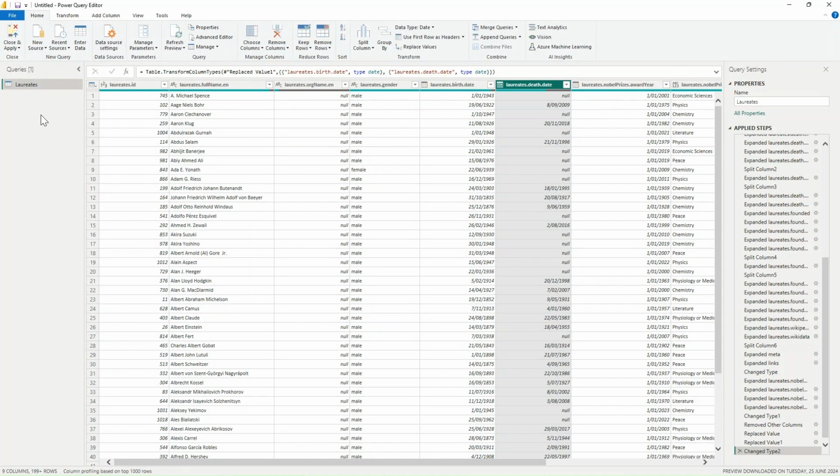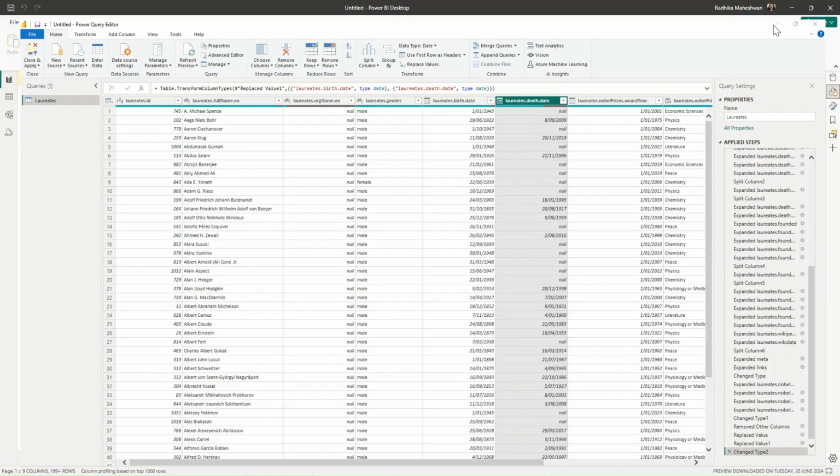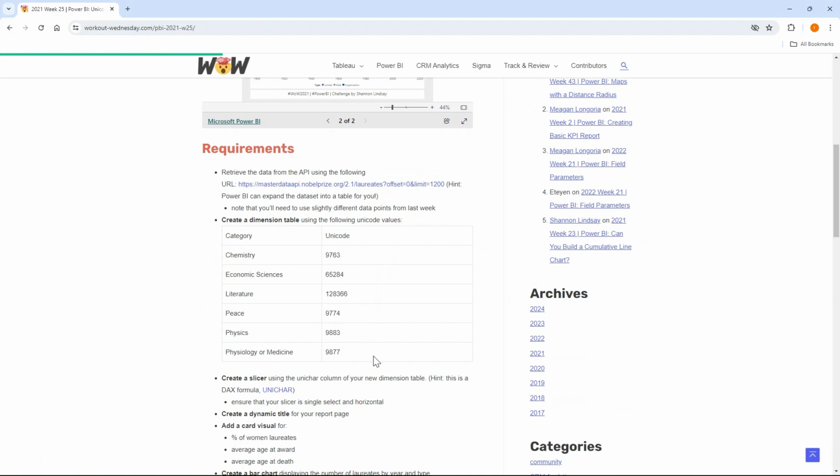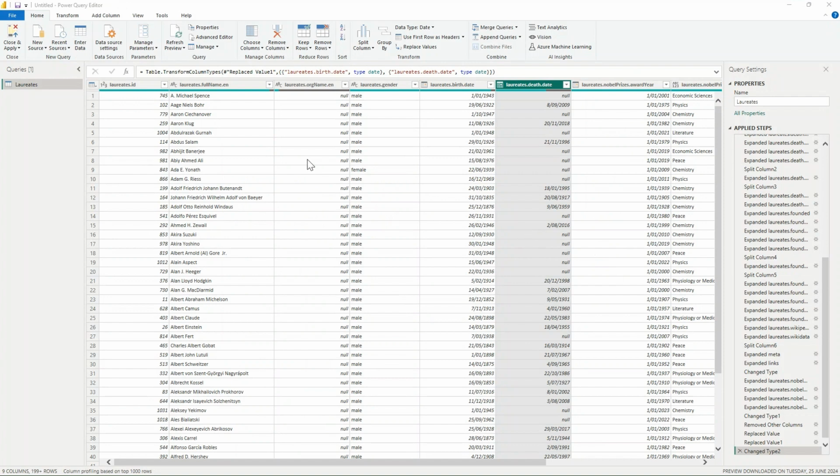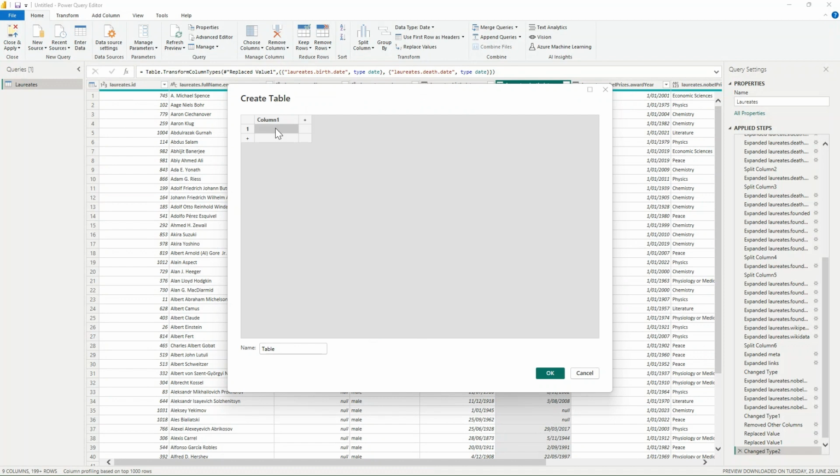laureates. Now we need to bring another table, which is this table. So this is the dimension table that we are bringing in. So I will just copy this. Going back into my Power Query editor, I will choose enter data and paste this table. I will call this Unicode table